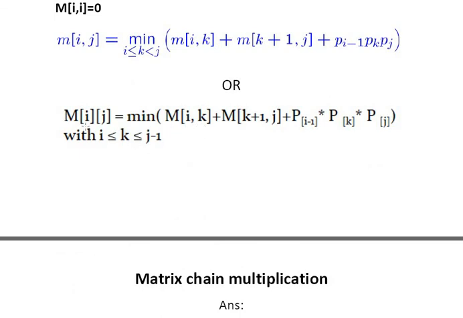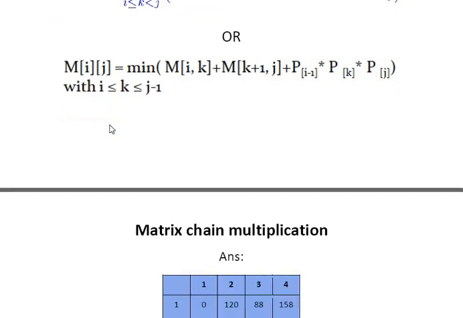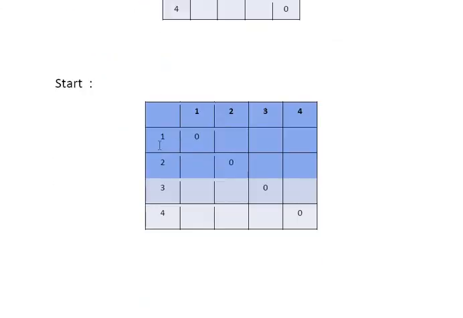And now here you have m of i j, it means you are given the value. This is m of i j, this is 1 2. So this is the importance factor you find out. How will you solve the problem? You find first of all m of 1 2, then 2 3, then 3 4, then after that 1 3, 2 4 and then 1 4.